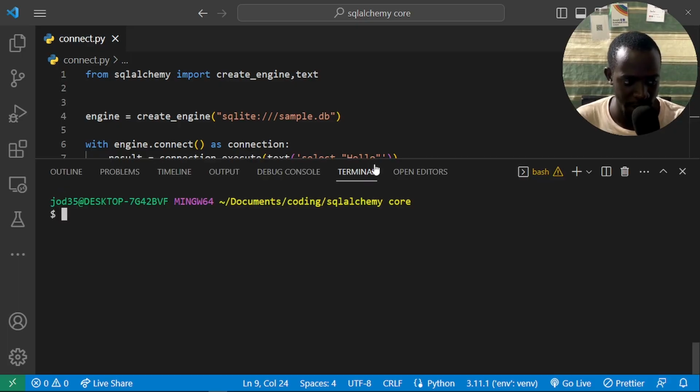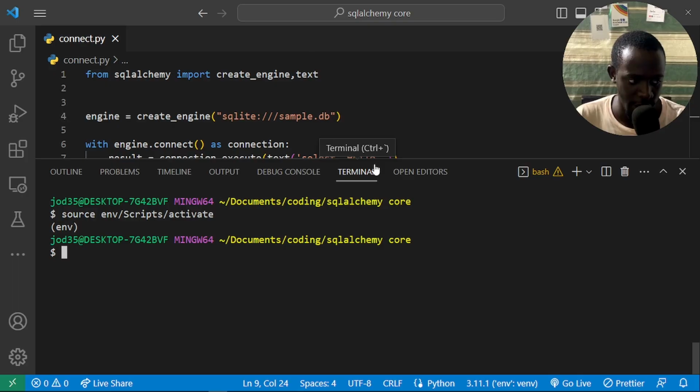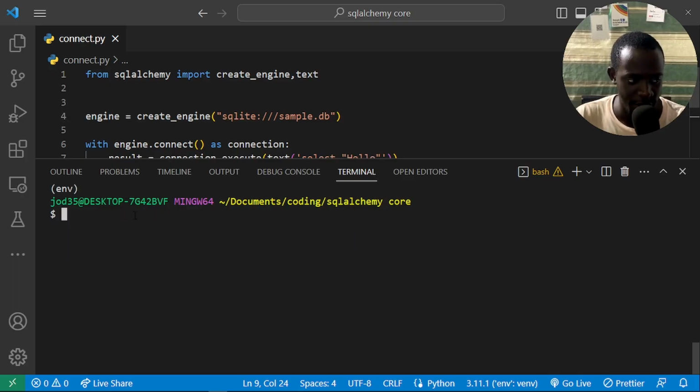So I'm going to pull up my terminal right here. I have to first activate the virtual environment I created with source env. I'm on Windows, so I'll use Scripts and then activate. That will go ahead and activate our virtual environment, just like you see right here. If we go ahead and run our file, I'll say python